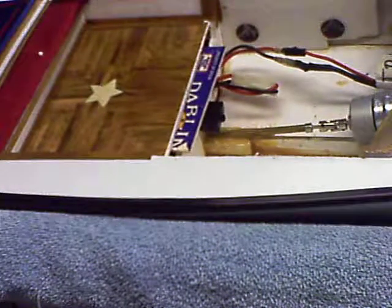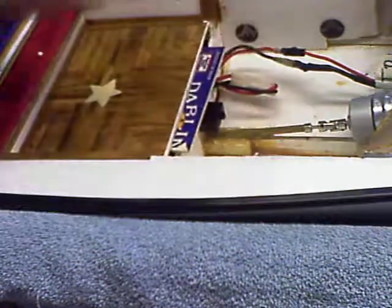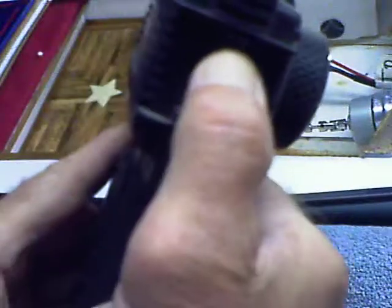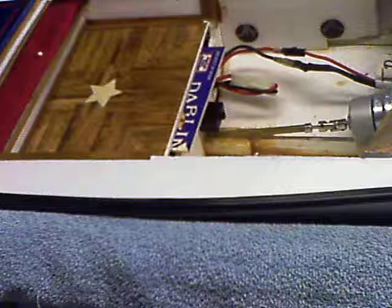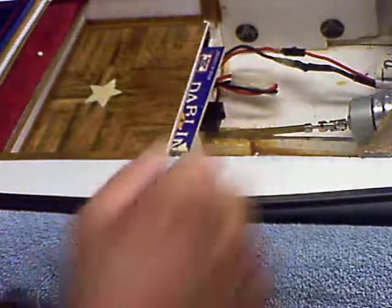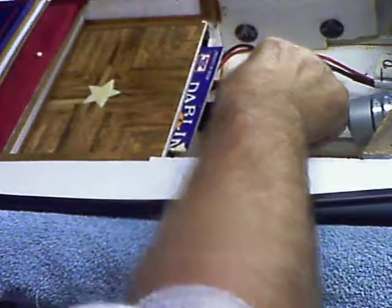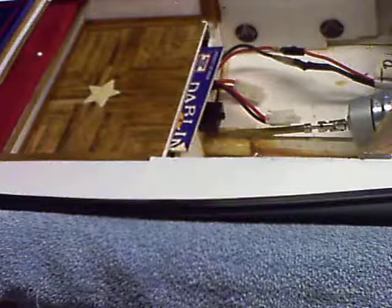Again, proper procedure with all RCs. Turn the equipment off first, and then the transmitter. And of course I like to disconnect my battery just for an extra drain. But see how much easier this is doing that right here. It's all right there, and all I have to do